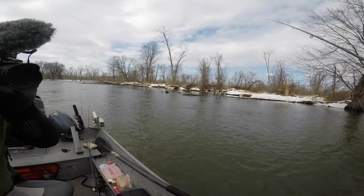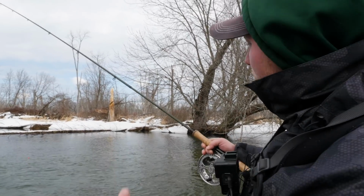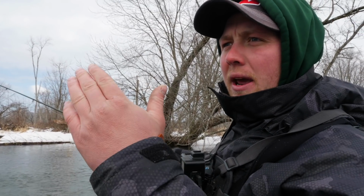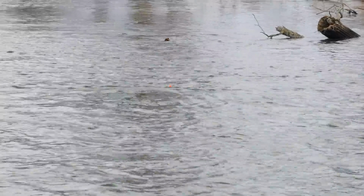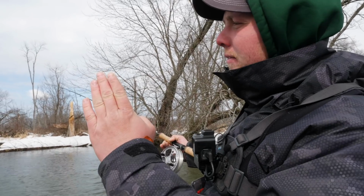Okay, now I got my pin moving. Okay, now I'm just waiting. We're gonna wait for this float to catch up a little bit. It's gonna take just a second for your shot pattern to straighten out and for that bait to get down. So now it's going. I'm gonna keep my rod at a little bit of an up angle, because that's gonna help control your line. That way, like I said, you get that nice smooth presentation, keeping that float vertical as it